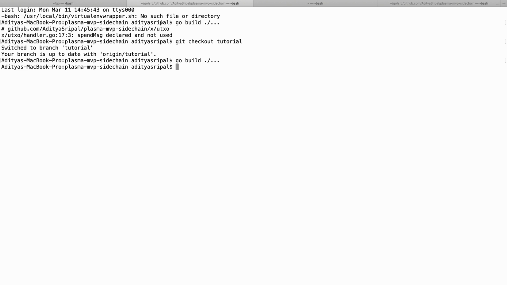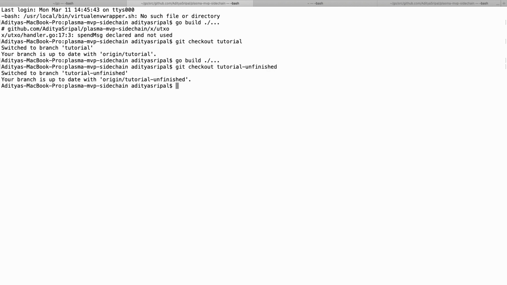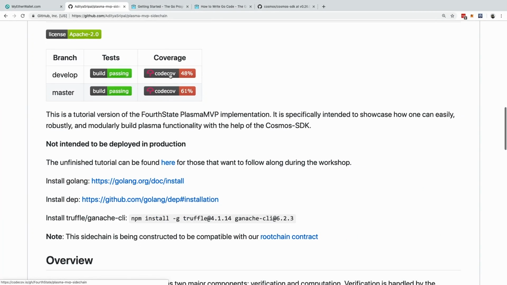Yeah. Cool. So if you're on Origin tutorial and you've installed it correctly, this command should not throw any errors. So I'm going to check out to the unfinished version. Okay, so while people are still installing these last two, I guess I'll just start with a brief explanation